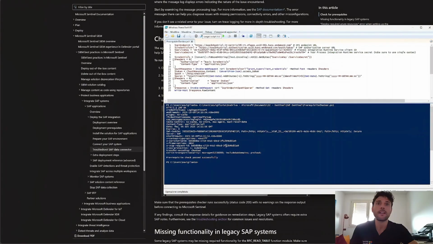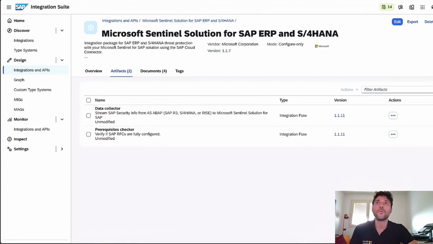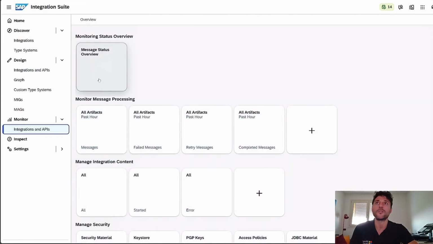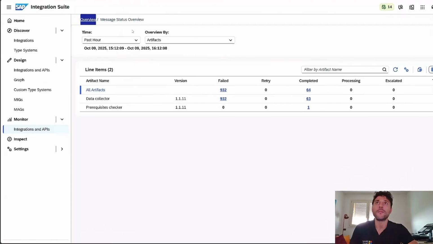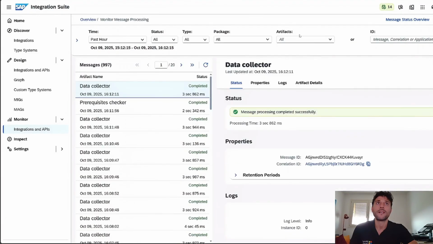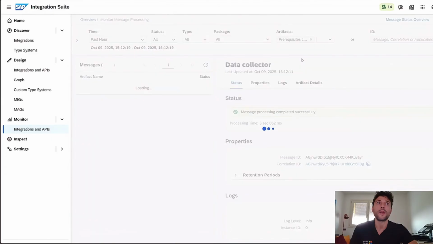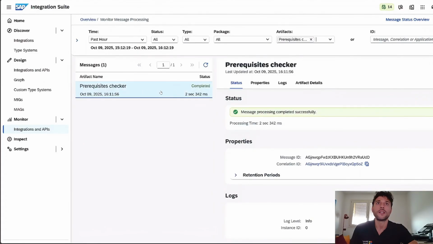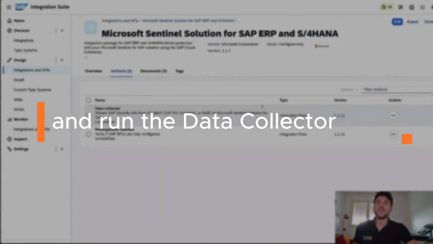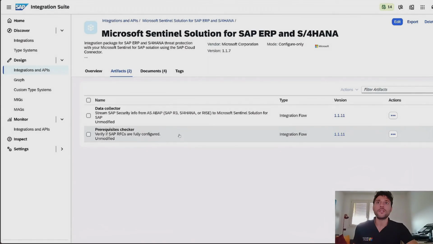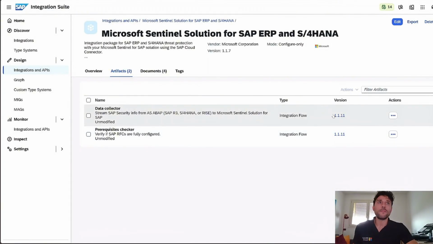And let's check if, okay, all prerequisites checks passed successfully. Then we can see the result of this execution from the message status overview, and then filter for prerequisite checker. We see it has been completed successfully. So now that we have successfully executed the prerequisite checker, we can proceed